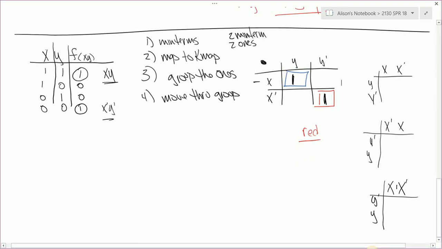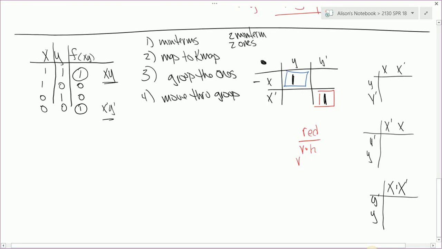All right, so we're going to move through the red group. I'm going to try to be as organized as possible. It may seem very, very simple here, but in the not too distant future, it's not going to be simple. Because as I'm moving through, I'm looking for things that are remaining the same as I move vertically through the row and as I move horizontally through the row. So vertically through the row is going to indicate,